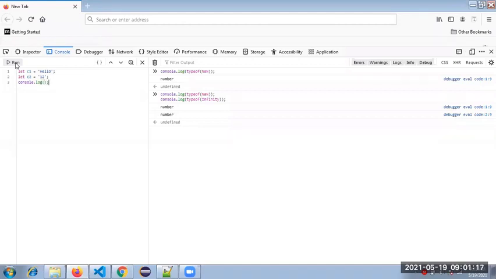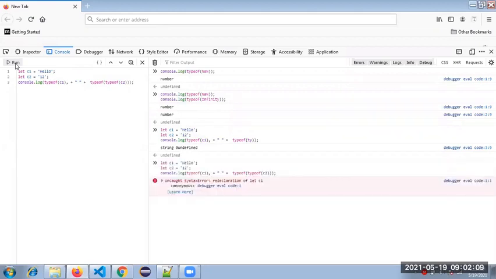console.log. Okay, it will confuse you more.